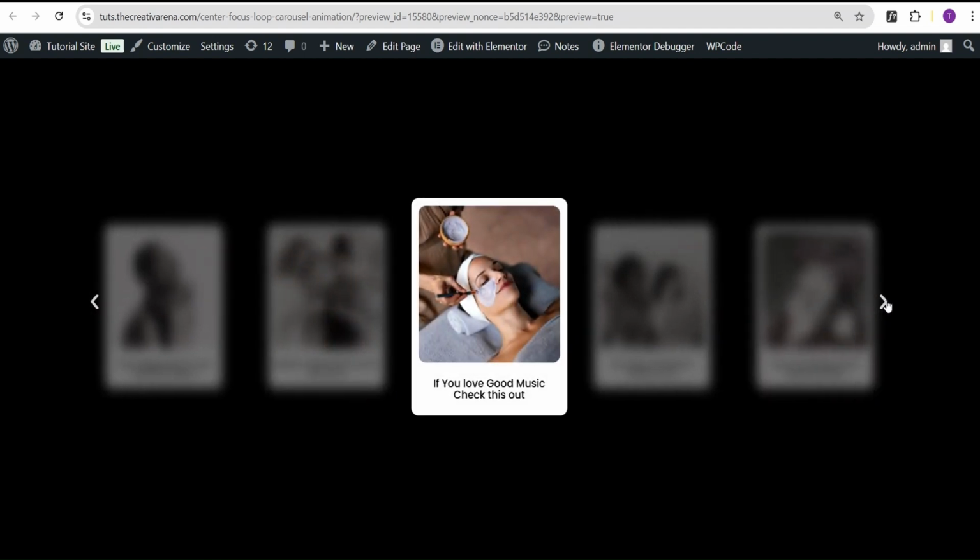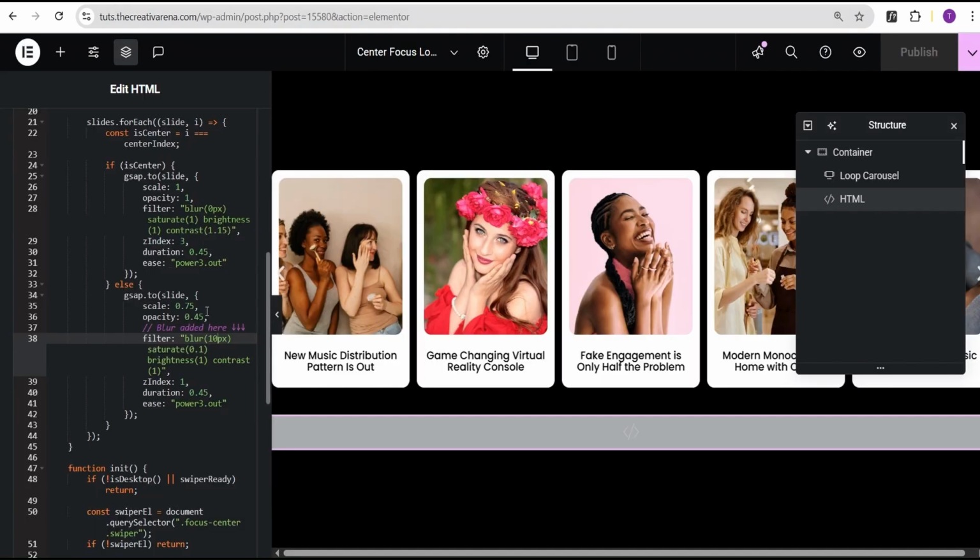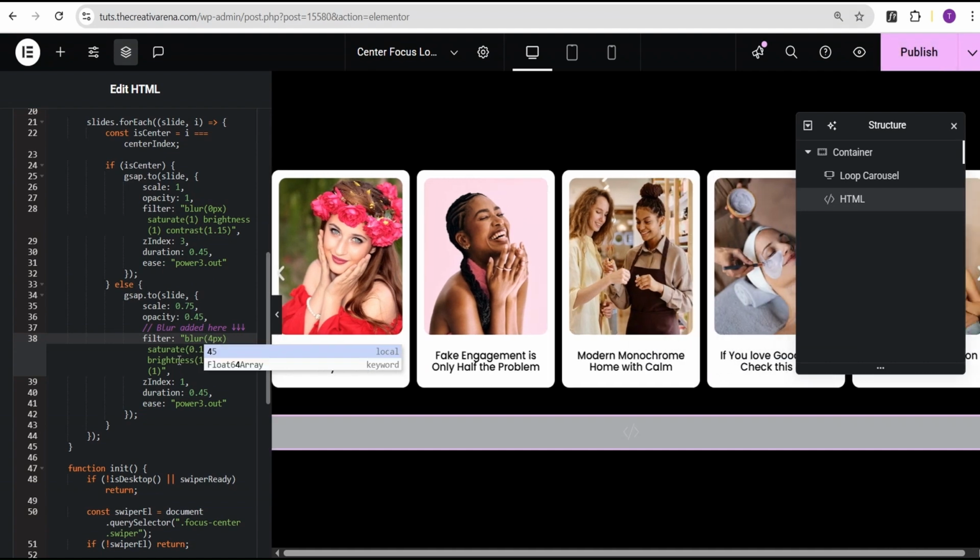So depending on however you want the blur effect to be on your design, you can just adjust that here easily. So I'm just going to set it back to 4. I kind of like the 4. Okay, so now